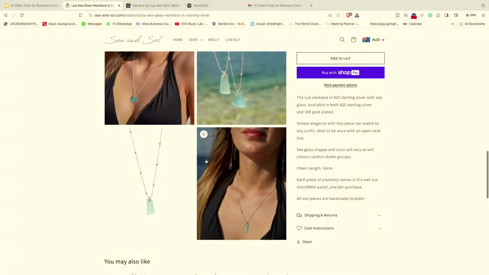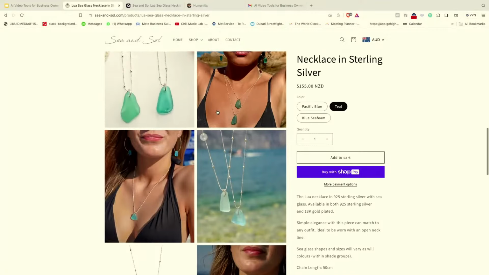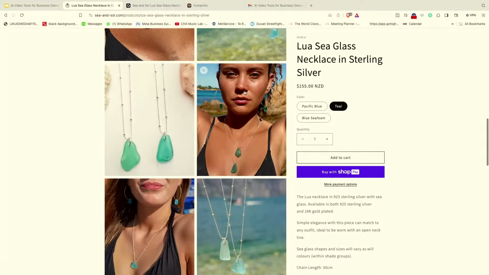of a button. So I've done a little test here. This is a brand that I've worked with, and they do jewelry, okay? As you can see here, they've got images and whatnot. They've got the product description.